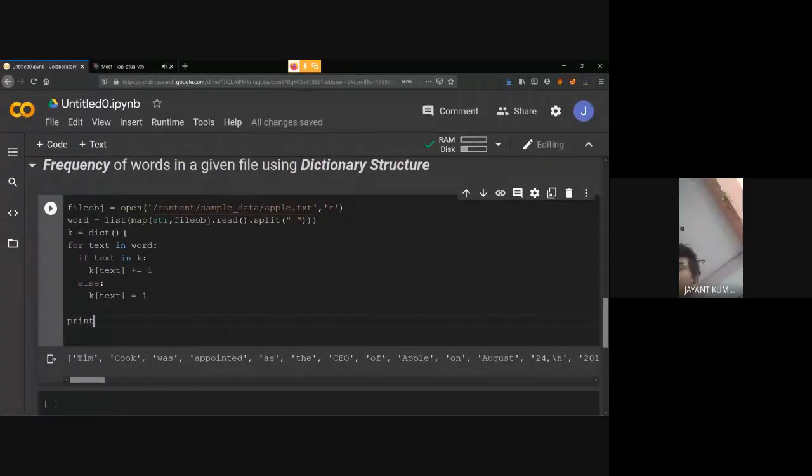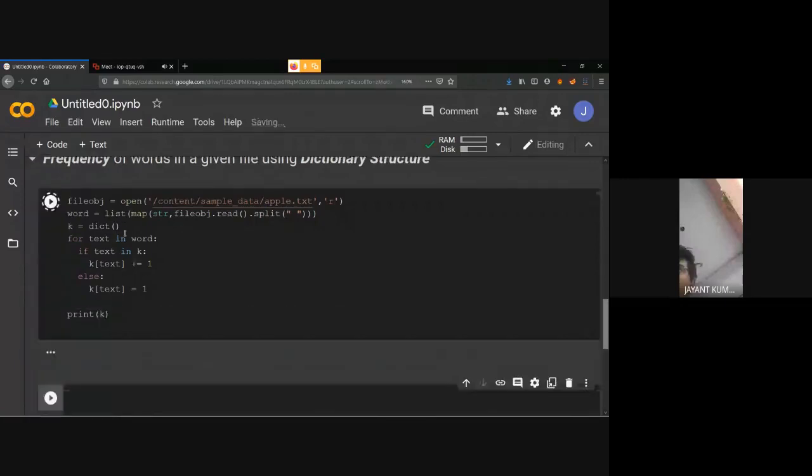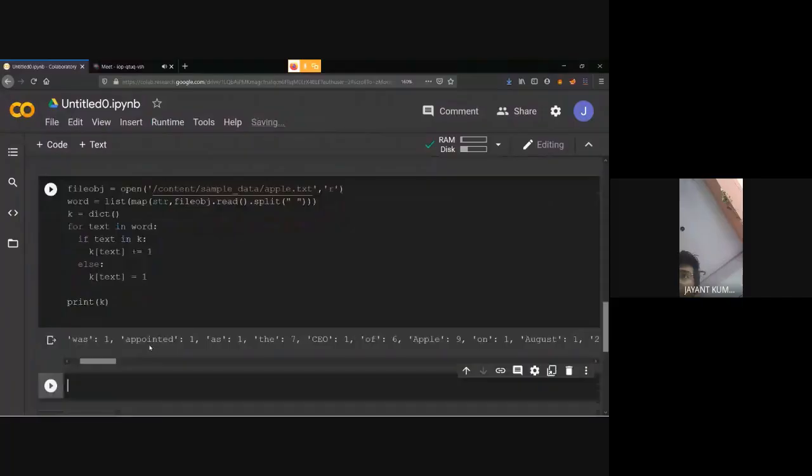After that, let's see what we have in the dictionary. Hello. So here you can see that we have the occurrence of each word, like team is used 3 times, cook is used 2 times, was is used 1 time.